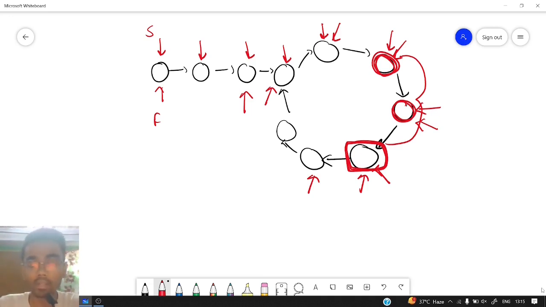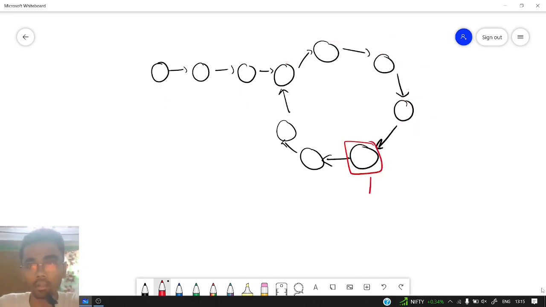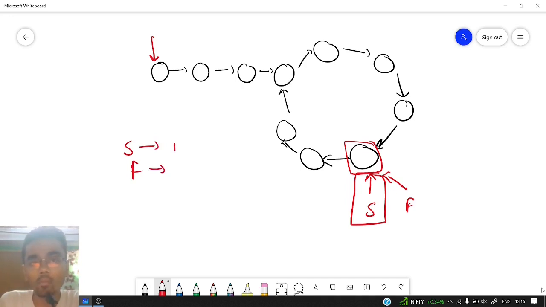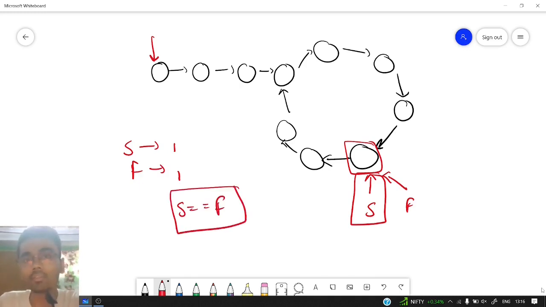Now we need to find the beginning node of this cycle. So how can we find the beginning node? There is an algorithm for it. Let me redraw this. This is the point where slow pointer and fast pointer are present. What our algorithm says is: take any one of the pointers, either slow pointer or fast pointer, and point it again to the head of the linked list. Now both slow pointer as well as fast pointer should move one step at a time until they meet again. Once they meet again, that particular node will be the beginning node of this cycle.